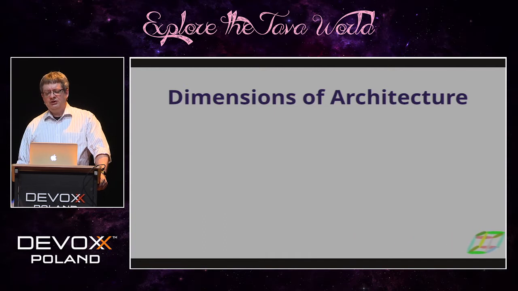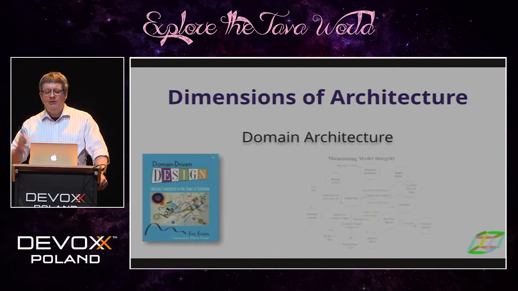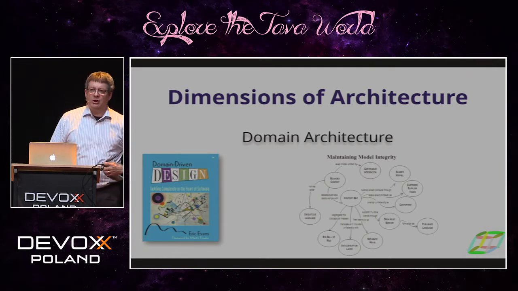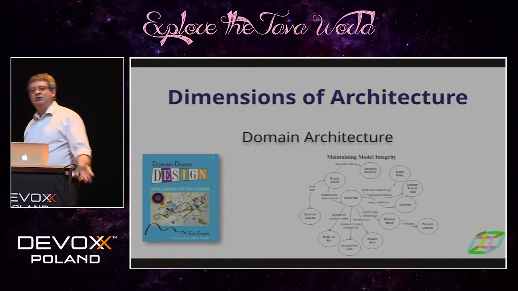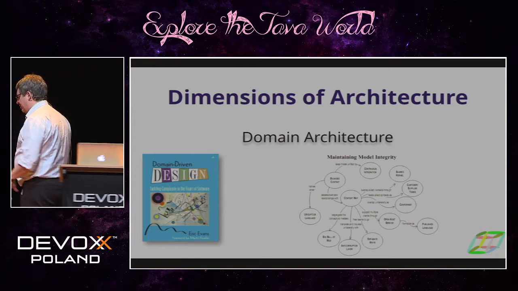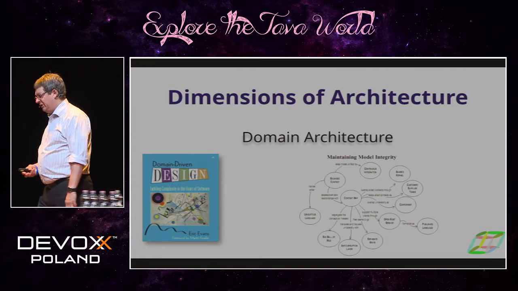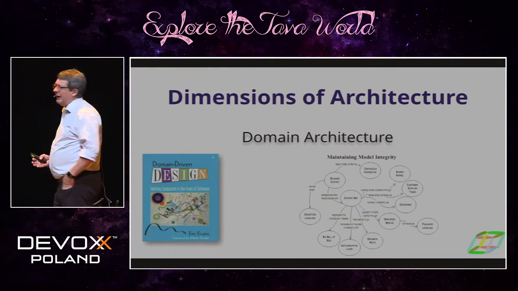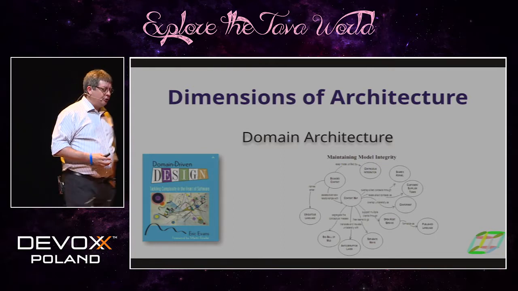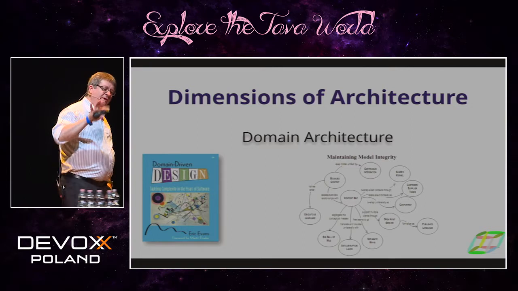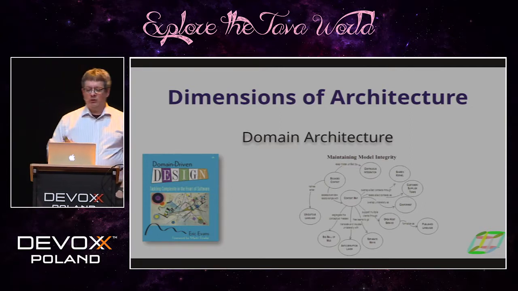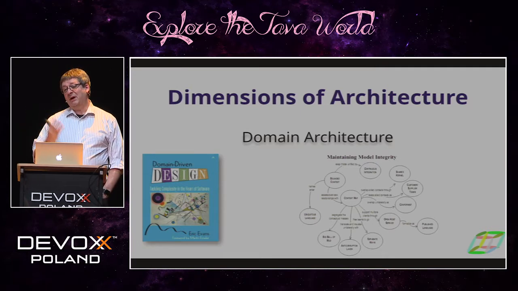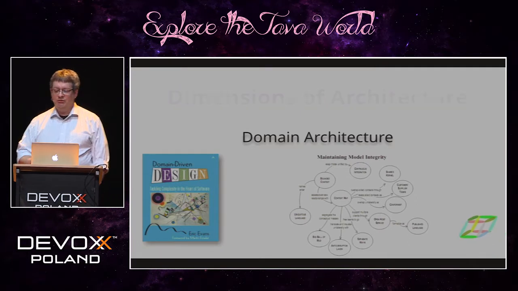And these perspectives on architecture are not fixed or static either, because a few years ago we picked up a new perspective on architecture, which is the domain perspective on architecture, largely driven by this really influential book, Domain-Driven Design by Eric Evans. We started now talking about how the things that we create live inside our architecture, this domain architecture, particularly this idea of a bounded context that came from domain-driven design.